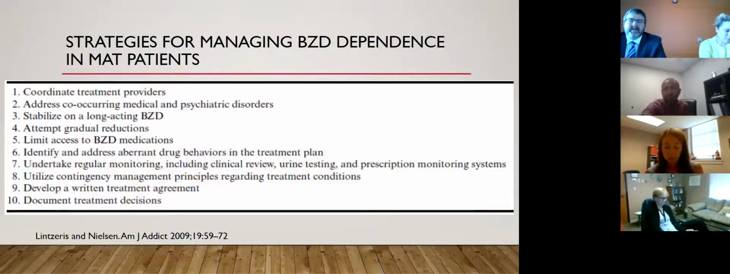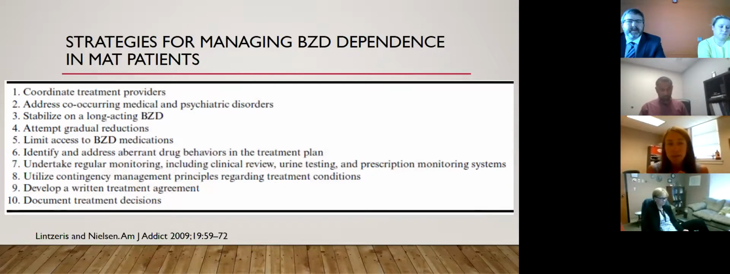So some thoughts about how we might manage benzodiazepine dependence in patients who are on MAT. And this is taken right from the references listed there from the American Journal of Addiction. They suggest that we should always be coordinating treatment providers so that whoever is prescribing the benzodiazepine, if it's not the MAT provider, is fully aware and communicating with one another, addressing co-occurring medical and psychiatric disorders, stabilizing on